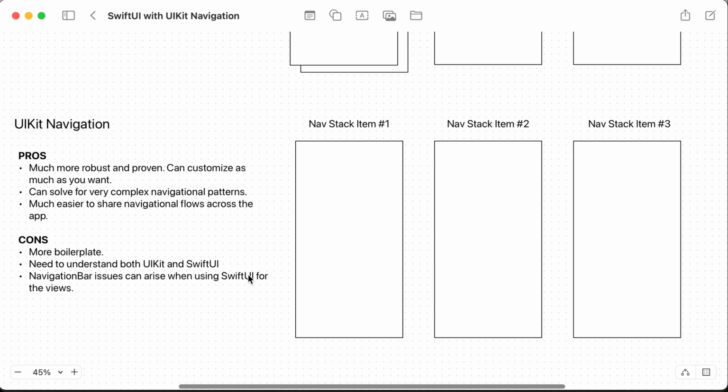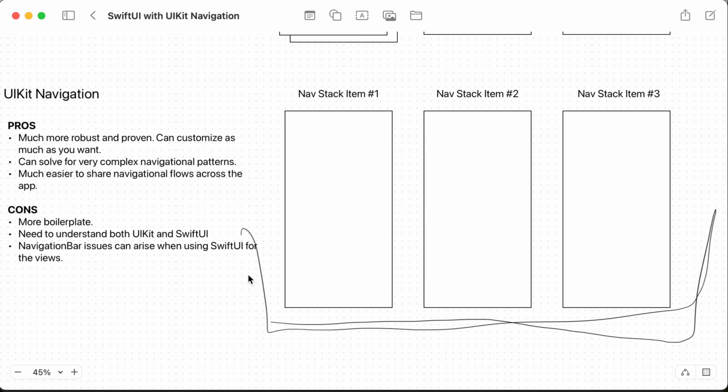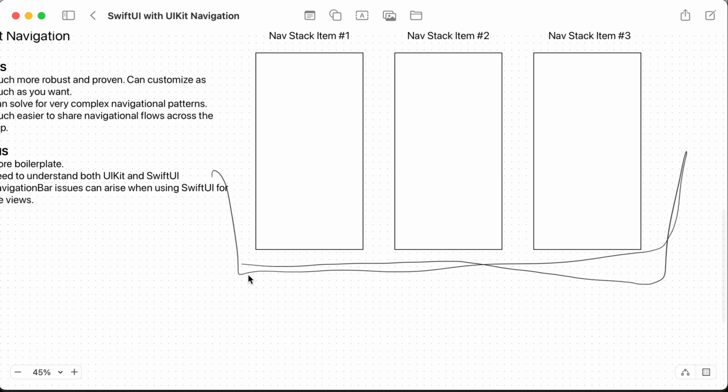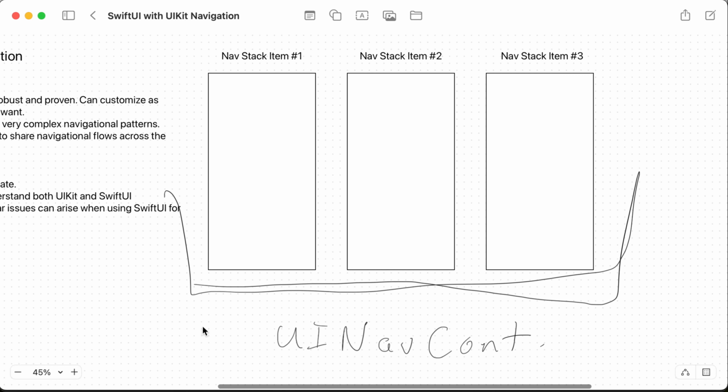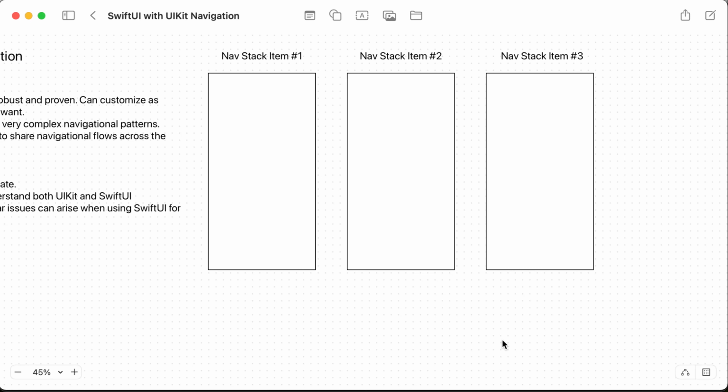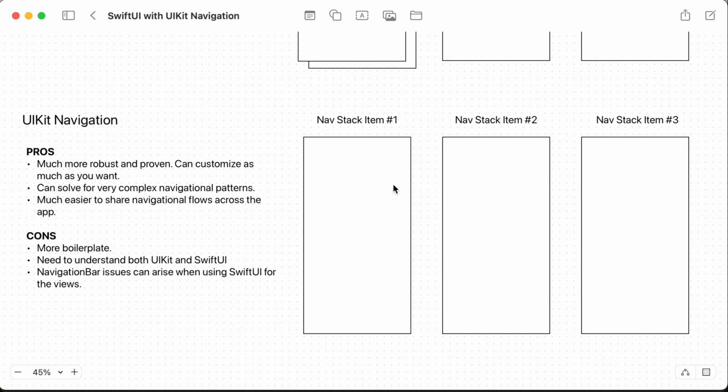And you do that because these views right here, all of these, are represented by a, I'll abbreviate here, nav controller. It's a UI navigation controller. So one UI navigation controller can represent the entire stack of your app. And that's the goal here, to simplify things in a way that makes sense, but also to use a